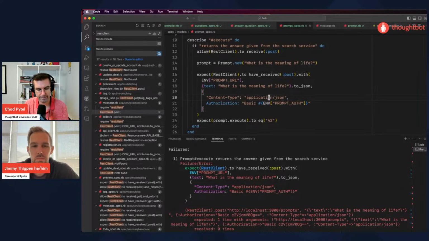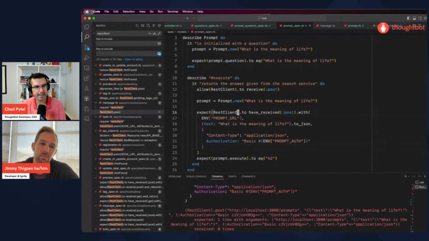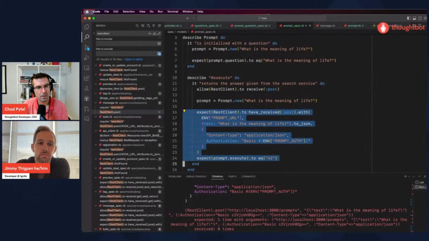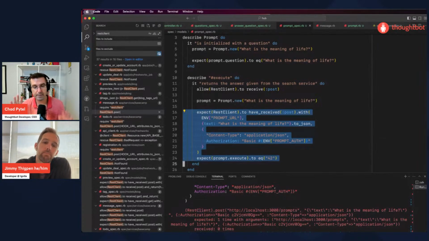So now we have a little bit of a choice to make when it comes to testing this class. We need to decide whether, whenever this class is called, we have to stub out. Our application specs are not allowed to actually talk to external services. So anytime we actually do an HTTP request to an external service, it's going to throw an error because it's not allowed to do that. So we either need to stub it out all the time, or we need to make a mock service that our specs are talking to.